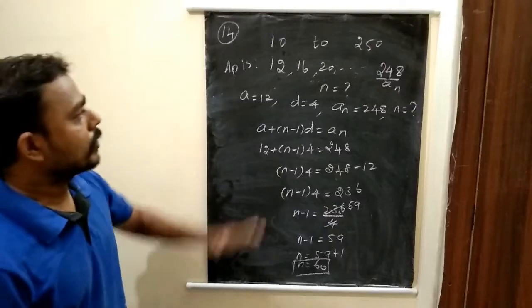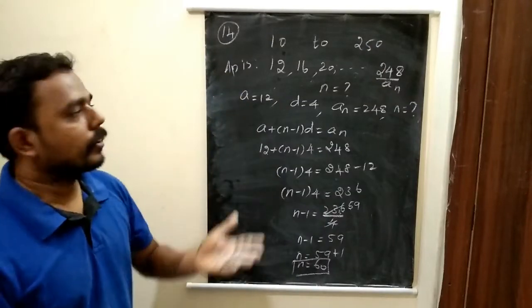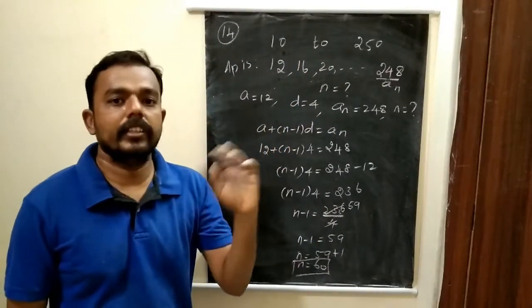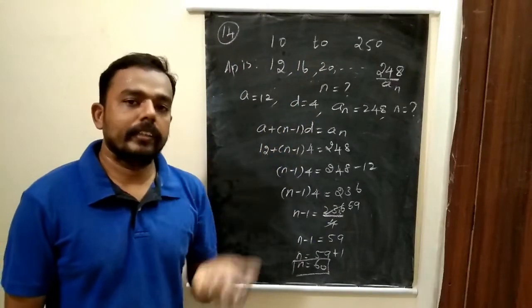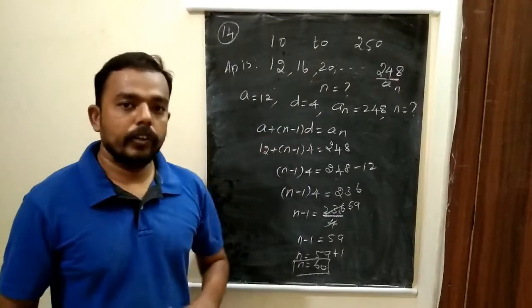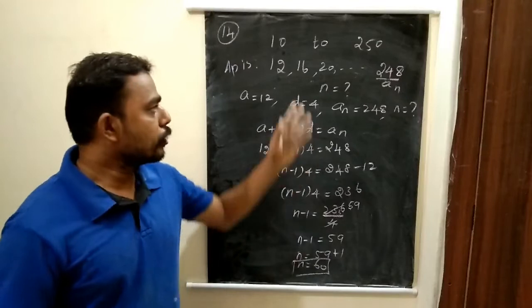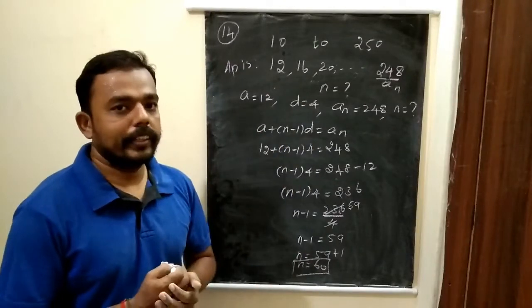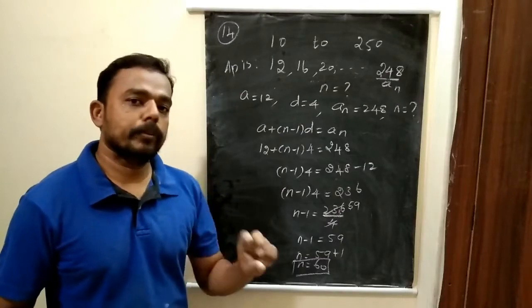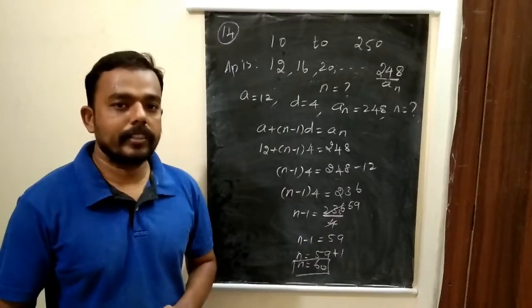So multiples of 4 is also divisible by 4. It lies between 10 to 20. The previous problem lies between 3-digit numbers, that is 100. Like the 3-digit number, 4-digit number, it's in between. You have many numbers divisible by 4, divisible by 2. Like that they can ask. Here multiples of 4, the same question. Divisible by 4 or multiple of 4, both are same.